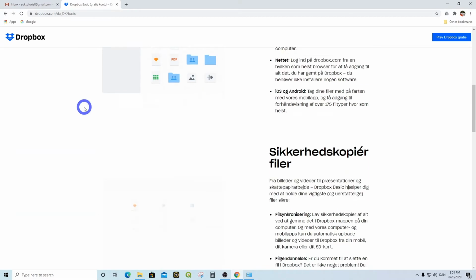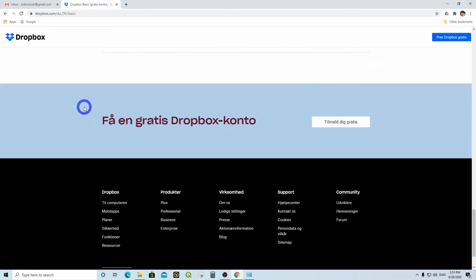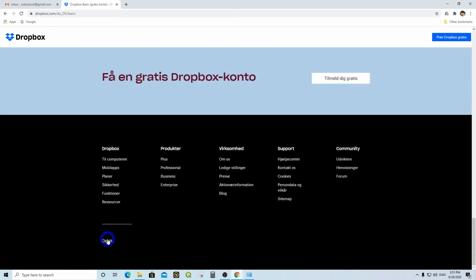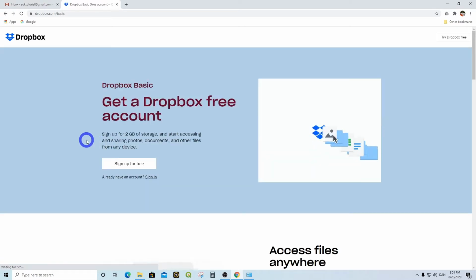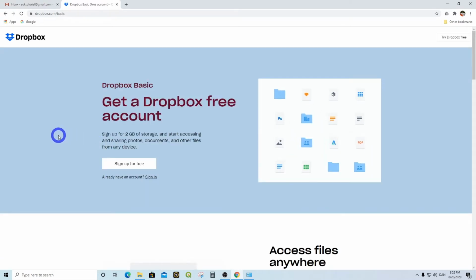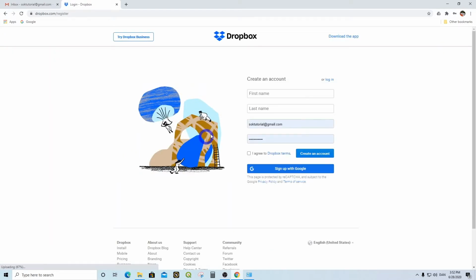You probably can't read that, but if you scroll down to the bottom of the page, you'll see right here there's a small language icon. You can click on that and you can choose the language you would like to use. Now it comes back in English or the language you have chosen, and it's a little bit easier for us to work with. So once you're at this page, you click on sign up for free